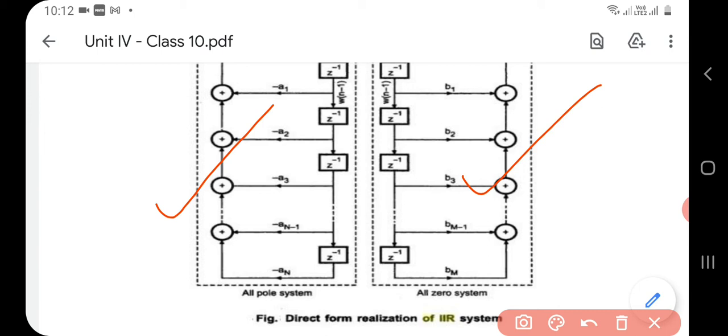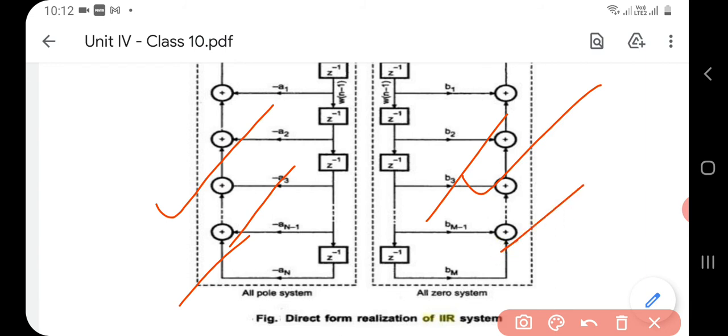Okay, now see, this will represent actually all pole system. This will be all zero system. In direct form 1 it was just the reverse. Okay, this will be the all zero system and this will be the all pole system, as I already said